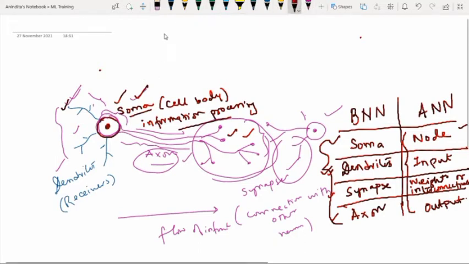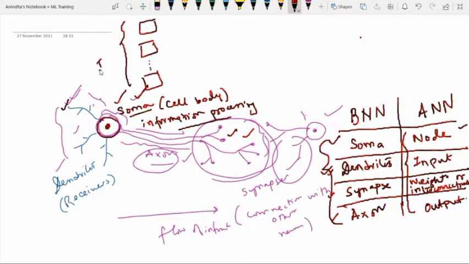Now let's draw the diagram of artificial neural network. See, artificial neural networks will have some input nodes. Input node means what? So these are the input nodes. So what is this input node? See here, input node means dendrites. So whatever this tree-like structure depicts, this input node depicts the same thing. So dendrites will receive the information. So the main responsibility of these inputs is to receive information.